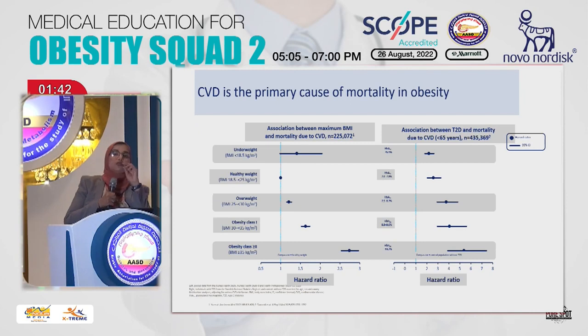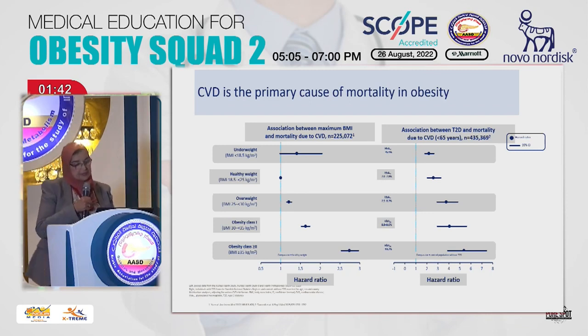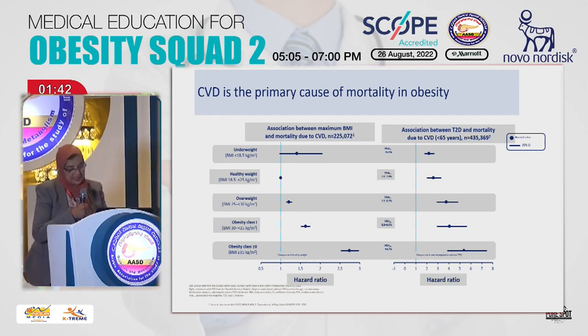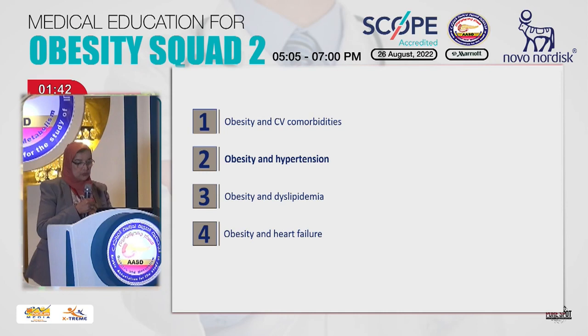When we are talking of cardiovascular disease, we know that a continent disappears each year due to heart disease. Around 18 million in the whole world die from coronary heart disease, and in Egypt, 46% of Egyptians die from heart disease. And of course, cardiovascular disease is the primary cause of mortality in the obese, as we all know.